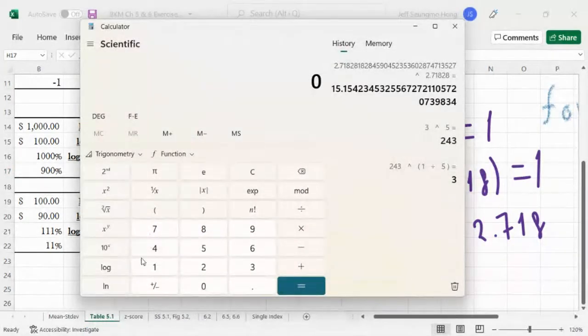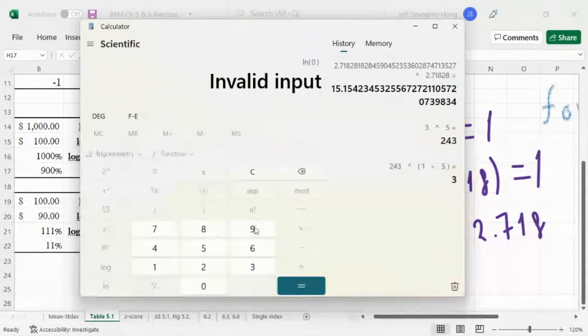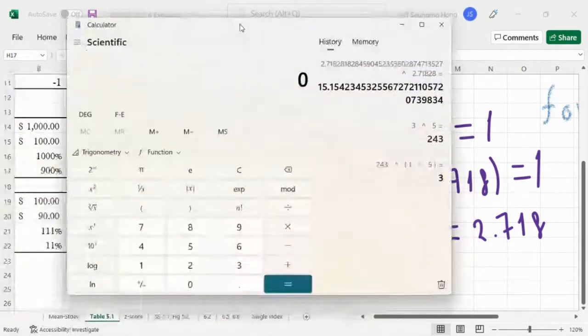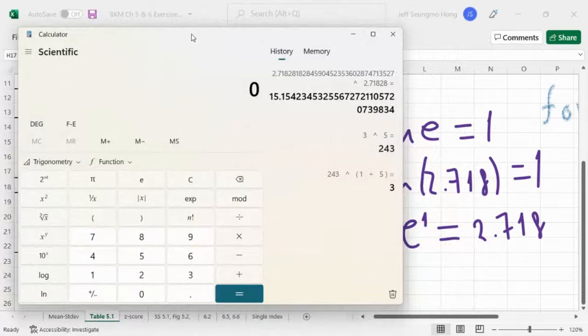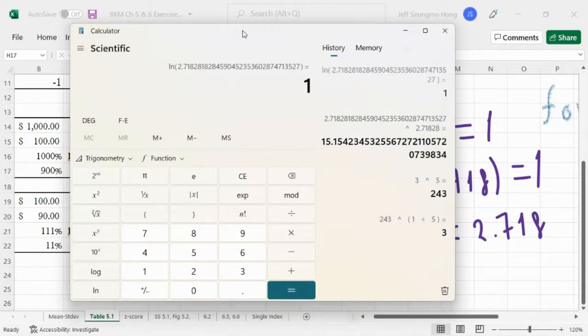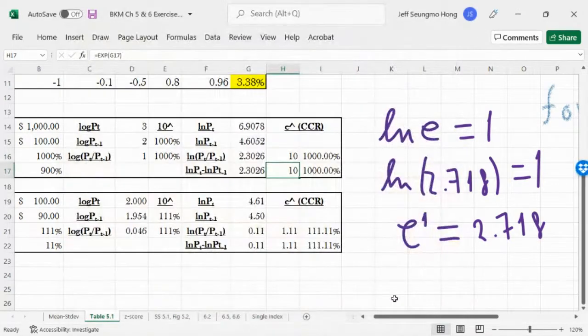Take the natural log of Euler's number, it should be 1, right? But anyway,